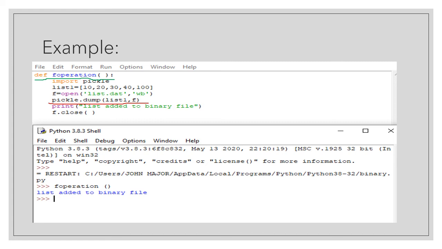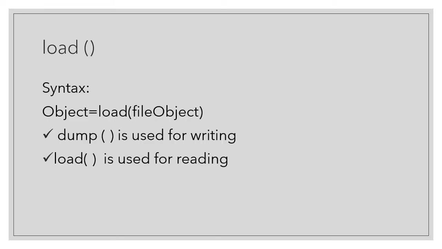After interpreting the program, if we have any errors, they will be shown immediately by the interpreter, because it will not move on to the next line. But here we have gotten the result. If we call the function, we will get the statement which shows that the particular message is to be written in the list.dat file.